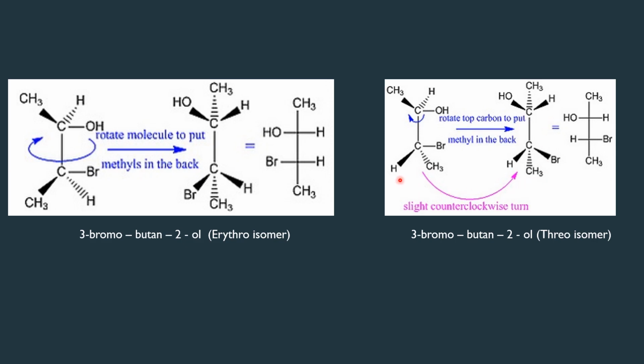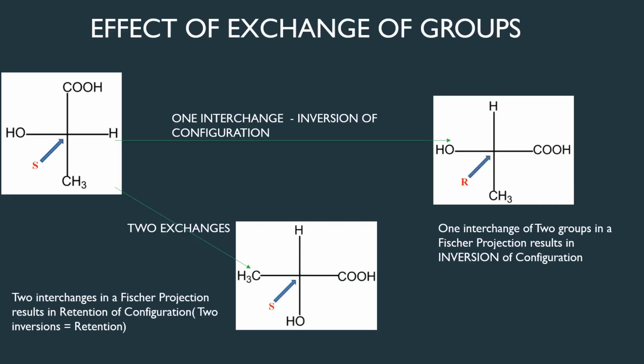Similarly, here you will have the hydrogen at the left, bromine at the right. Now it's easy to convert it into the Fischer projection, and you can see the methyl groups are on the alpha side, on the same side, and here the hydrogens are on the opposite side. That is why you have them on the opposite side of the Fischer projection, and this is the S isomer of 3-bromobutan-2-ol. This is the Fischer projection formula of S-lactic acid.